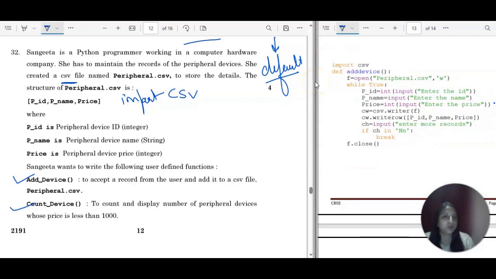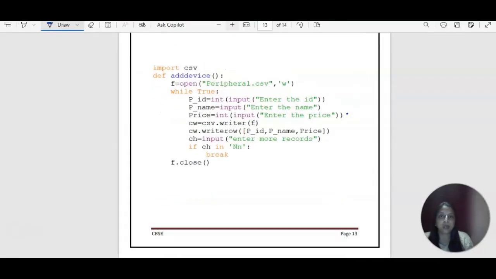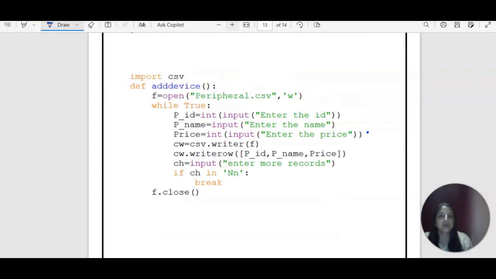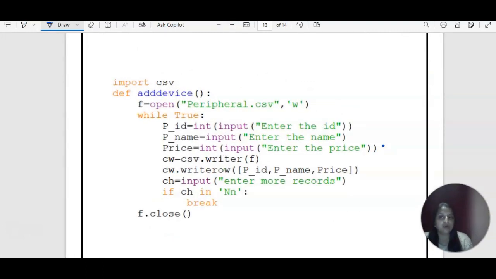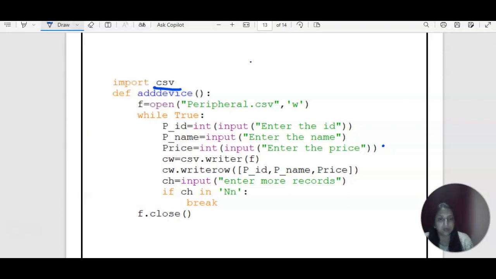Now we have import csv. I already told you, I think you are clear with this. So here we can move to the program directly. If you want to work with CSV files, a CSV file is comma separated values, a text file only. But you can work with a CSV file with the help of the csv module. The module we can call with the help of, as we discussed already, the import keyword.